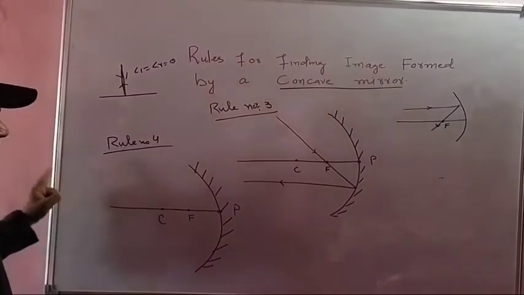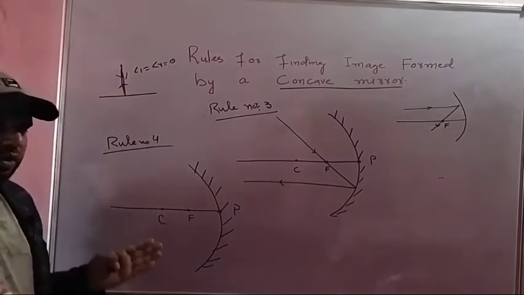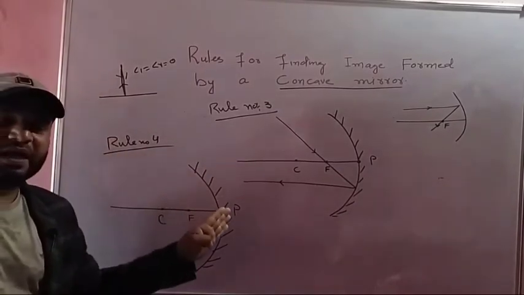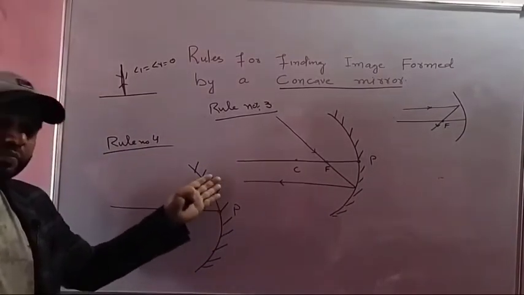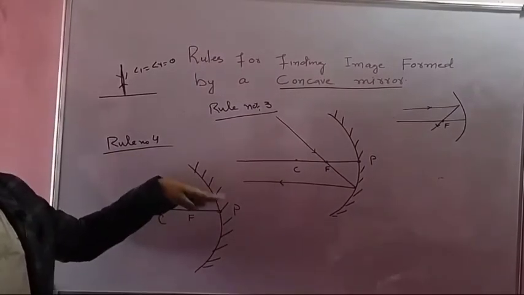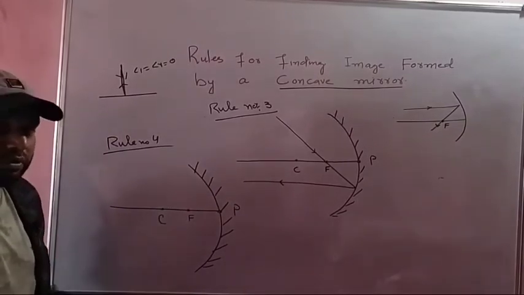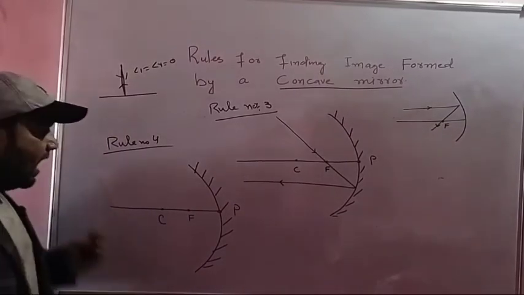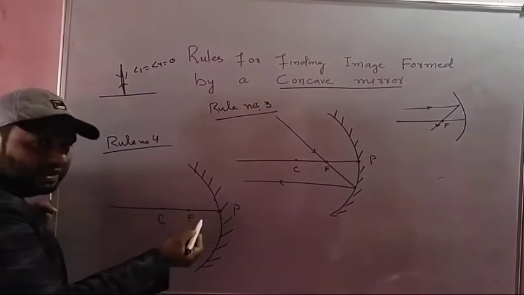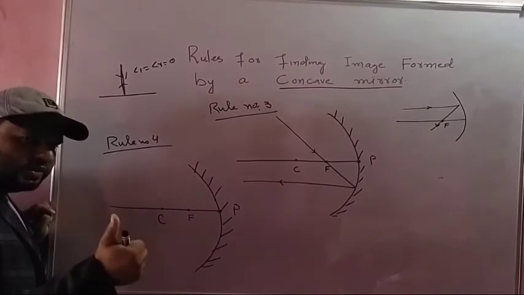इफ द रे ऑफ लाइट इज obliquely incident एनी डायरेक्शन, कोई भी किसी भी डायरेक्शन से अगर रे ऑफ लाइट आती है ना, वो कहाँ पे आती है? मिरर पे पड़ती है. तो मिरर से वो रिफ्लेक्ट भी होगी. कैसे? जिस एंगल से वो इंसिडेंट होगी उसी एंगल से वो रिफ्लेक्ट भी होगी। आप बोलोगे सर क्यों? मैं बोलूँगा अकॉर्डिंग टू द लॉ ऑफ रिफ्लेक्शन। अगर रे ऑफ लाइट 30 डिग्री के एंगल पे इंसिडेंट होती है मिरर पे, तो वो 30 डिग्री के एंगल से ही क्या रिफ्लेक्ट होगी। आई होप इट इज क्लियर टू यू।